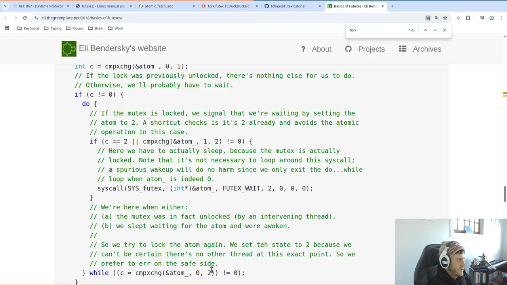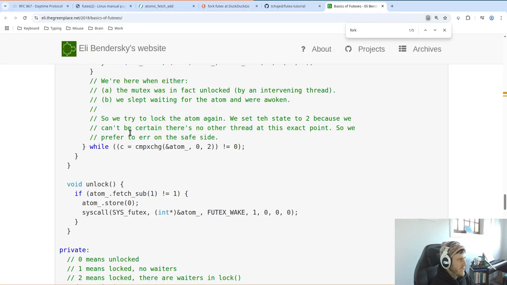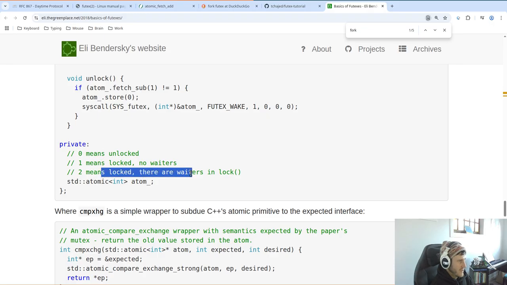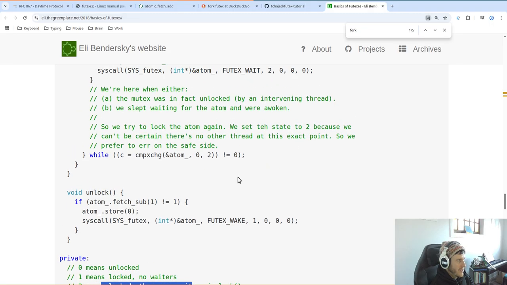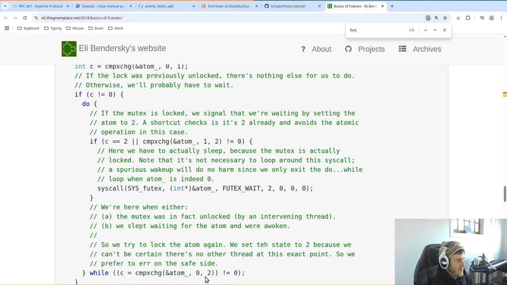It's weird that they use two there and there for different meanings. I feel like this is: it's locked and there's waiters in the lock, but you can't be sure that. Oh, I suppose like you are a waiter if you're in this loop, because